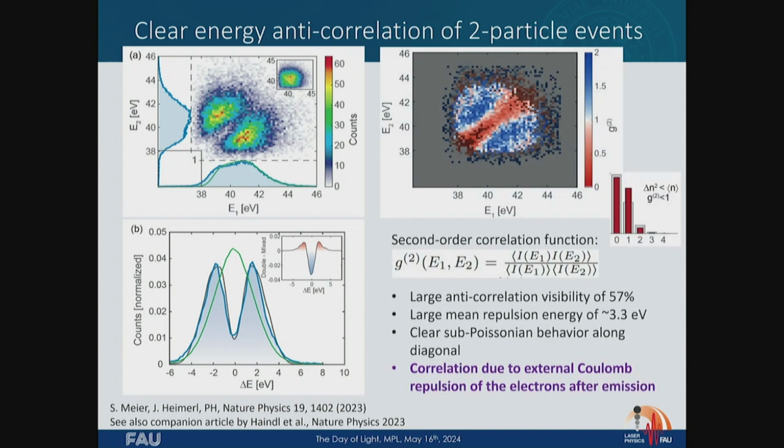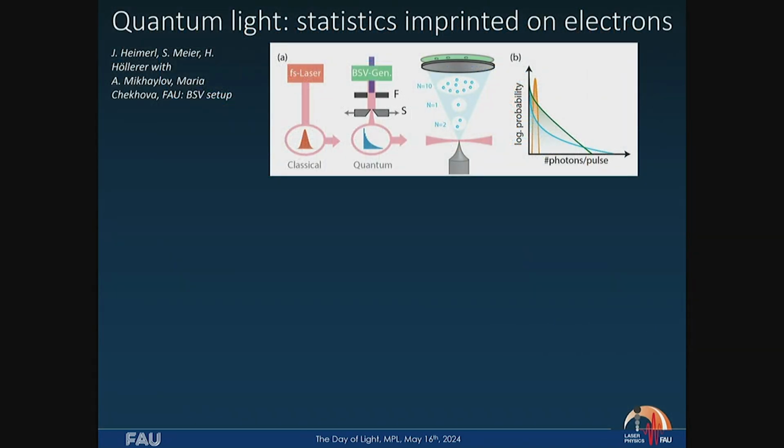Here, of course, in this institute, a lot of people are interested in quantum optics, so I have to show you the G2 function, and the G2 function here in this area is much smaller than one, so really sub-Poissonian behavior here, which nicely works. Sub-Poissonian behavior brings me to something quantum, which is not quantum, but at least non-classical. You all know Maria Chekhova is world famous for bright squeezed vacuum, where you just can... Sure. Before you... Sure.